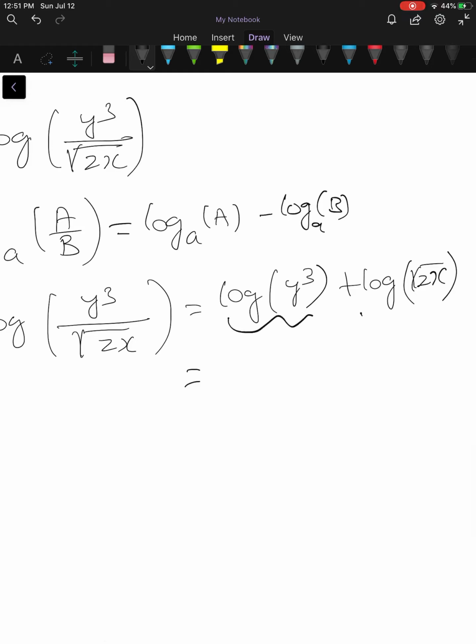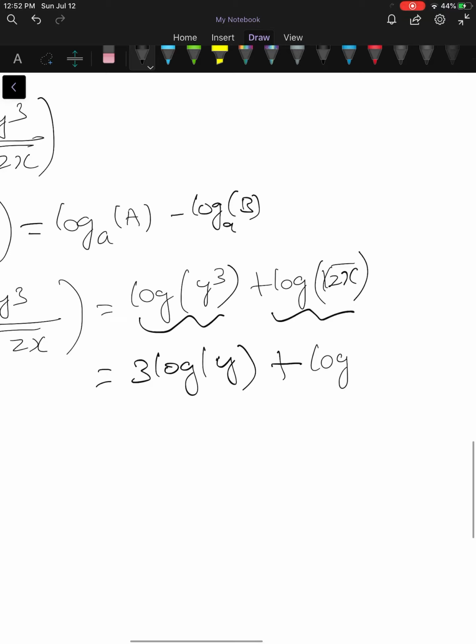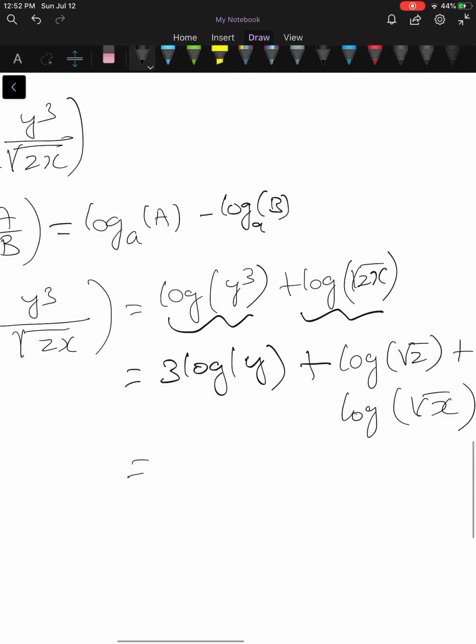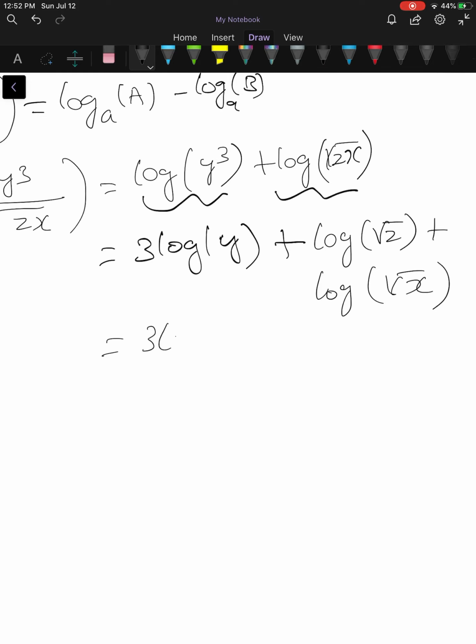Okay. So now again you can see that you can rewrite each of the expression using different laws. For the first term, if you apply law number 3, you can write this as log of 3 log of y, correct, plus, and for the second term you can use law number 1 because you can see there is a product of square root of 2 and square root of x. So you can expand that to be log of square root of 2 plus log of square root of x, because there is a product between the two numbers, that will turn out to be addition applying the law. So you will have it to be this.